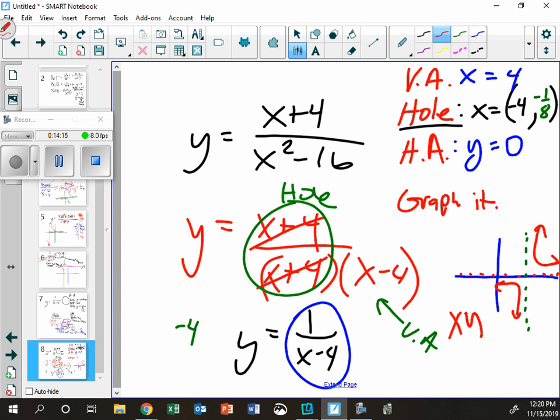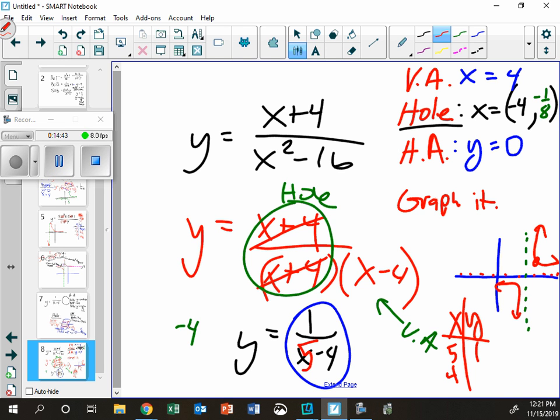XY chart's your best friend in graphing. You'd find a few points near the asymptote. Since the asymptote's at 4, you might try like 5. And you put 5 in and you get 1 over 1, which is 1. 5 comma 1. Right there. So you can always get these with an XY chart. Yes? You have to draw. Yes, you're absolutely right. I'm not done yet. Now I'm going to put in